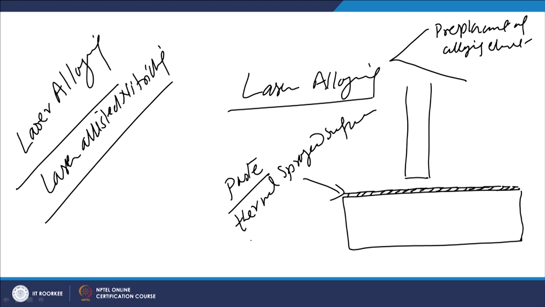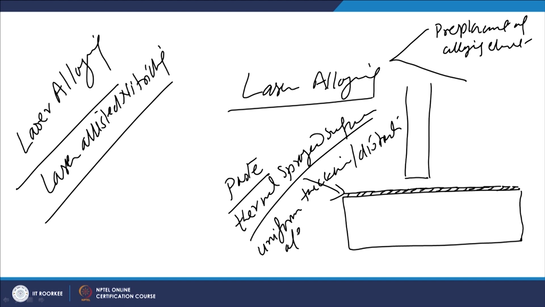Thermal spraying gives a more uniform thickness or distribution of the element which is to be applied over the surface of the substrate, while paste is applied manually. So, there can be inconsistency as far as the thickness of the applied layer is concerned. Once this layer has been applied over the surface of the substrate,